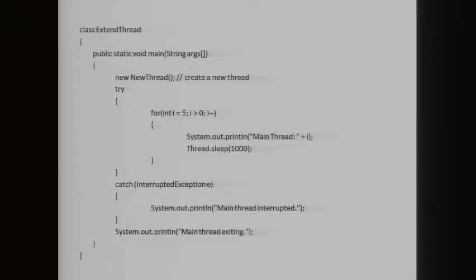So this program generates the same output as the preceding version. We saw that the child thread is created by instantiating an object of NewThread, which is derived from Thread, and we notice that there is a call to super inside NewThread. So this involves the Thread constructor.